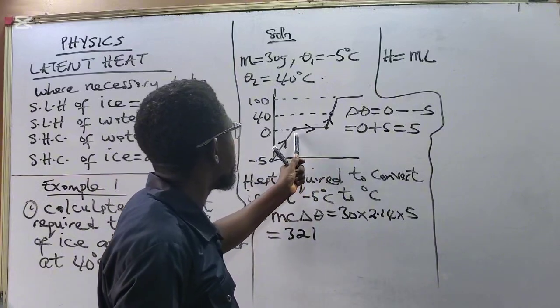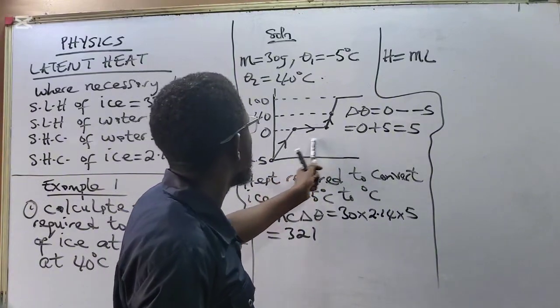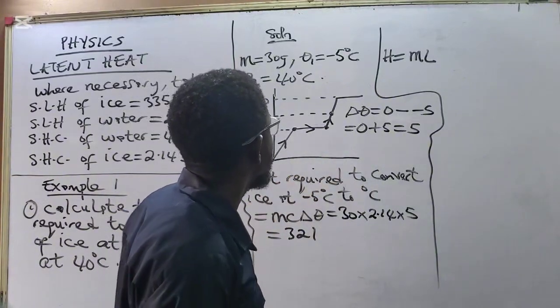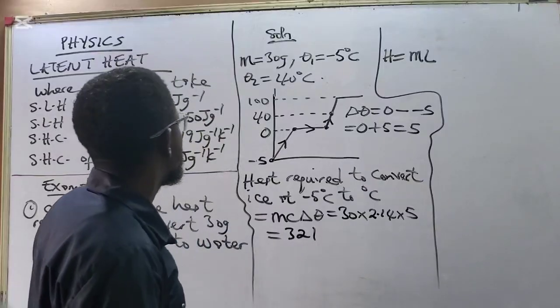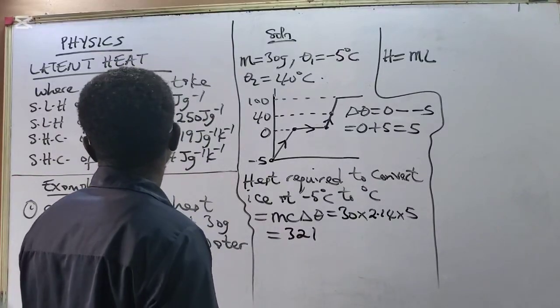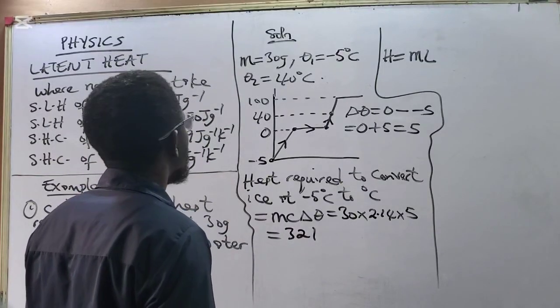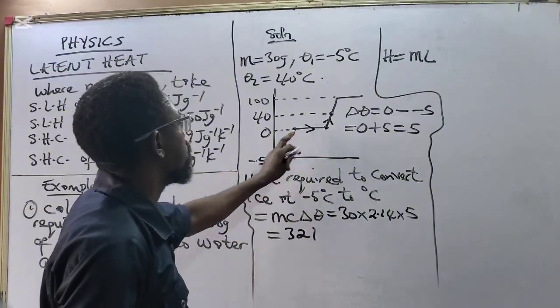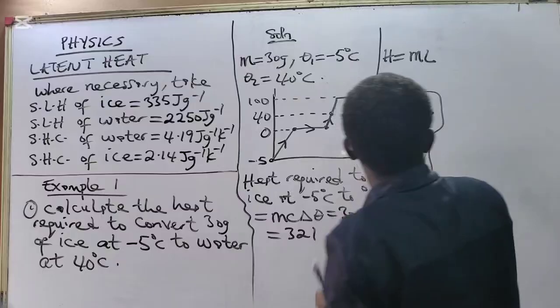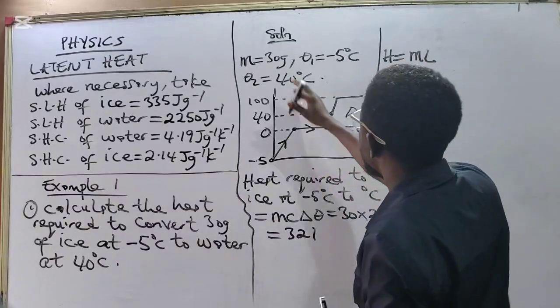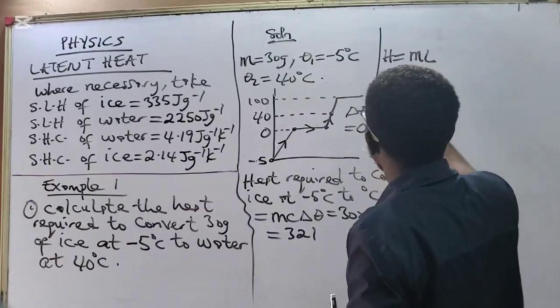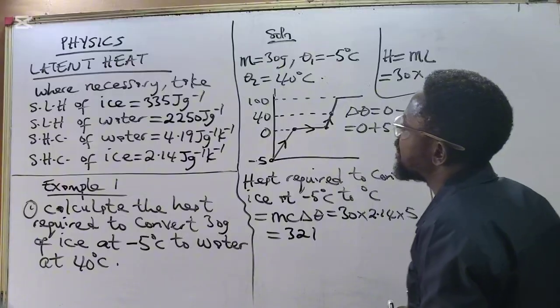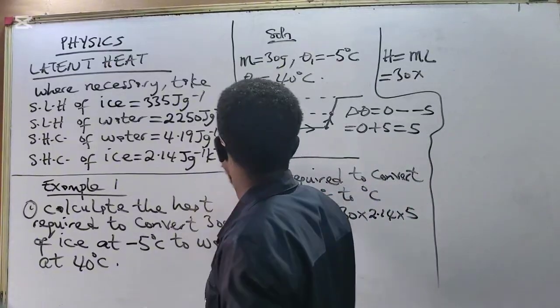That's the mass of ice times the specific latent heat of fusion of water. At this point, when the ice is at 0, from here to here, we have water. So we have the mass, which is 30, times the specific latent heat of fusion of water, which is